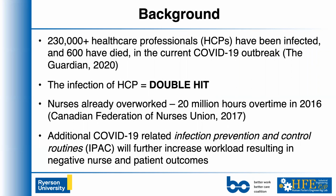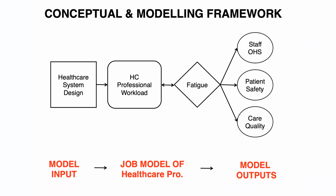Additionally, there's concerns around the infection prevention and control routines, IPAC, as it's referred to, and that these may further increase workload, as well as the workload of the patients themselves, which makes the overwork situation and the fatigue and the possibilities for accidents, injuries that much greater. And our interest in this is trying to provide decision support tools and modeling tools that could help understand these consequences. And so what we're going to present is our approach that we've been developing for a few years now,